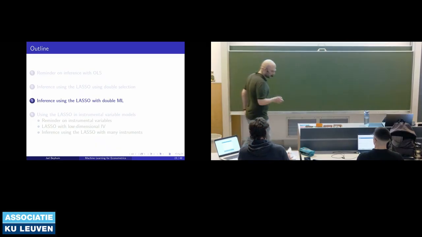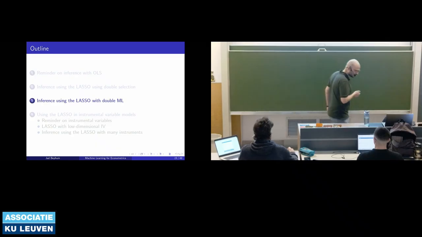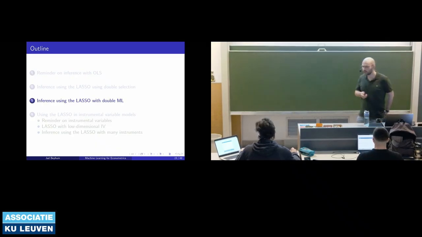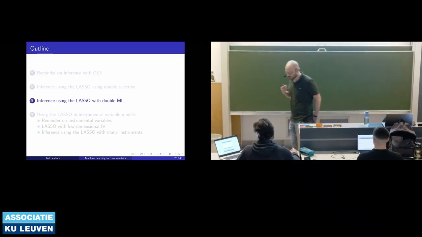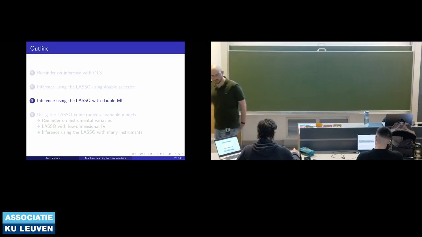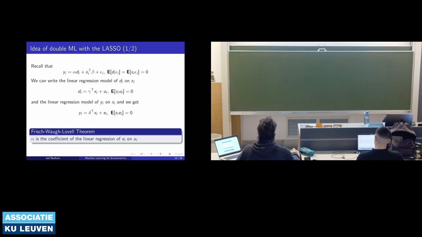Then you have another approach, which, as I said last time, is less intuitive, but is also interesting because its construction generalizes, and we will see that it generalizes to nonlinear models in part 3 of the course. It's called double machine learning. And the idea is as follows. We use one of the most fundamental theorems of econometrics, called the Frisch-Waugh-Lovell theorem. The Frisch-Waugh-Lovell theorem actually tells you that